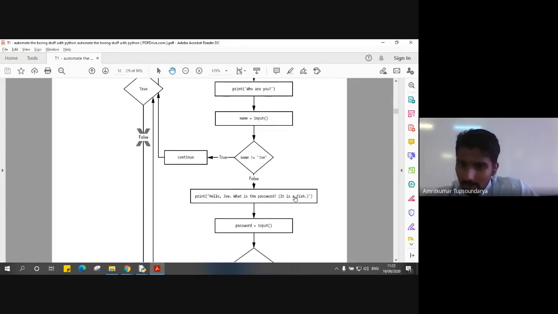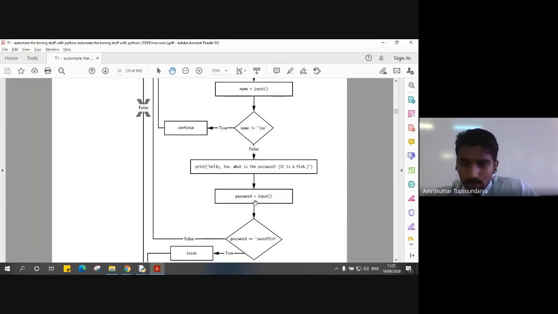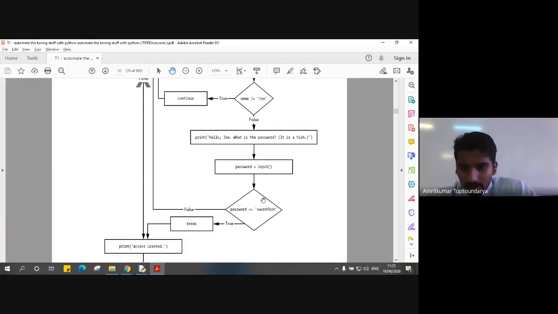"What is the password? It's a fish." It prompts the user to enter the password, which gets stored in the variable password. In the next step, it checks whether the password is exactly equal to the string supplied, which is swordfish. If it is true, it executes the break statement under this if statement, breaks the while loop and ultimately prints access granted.